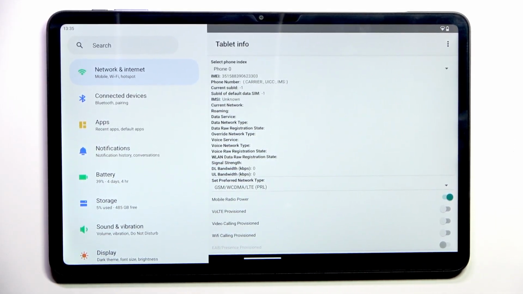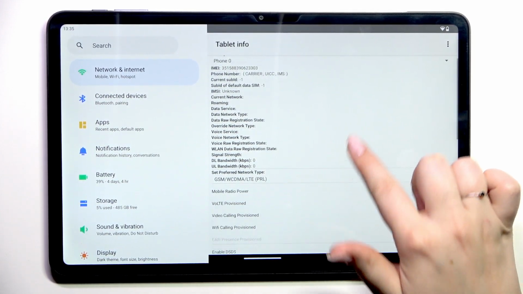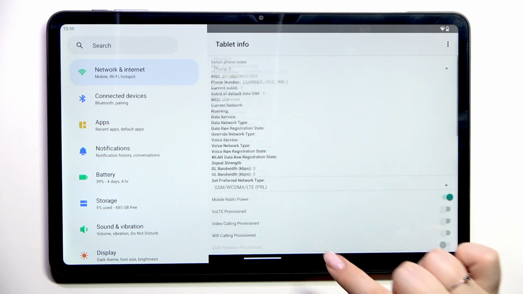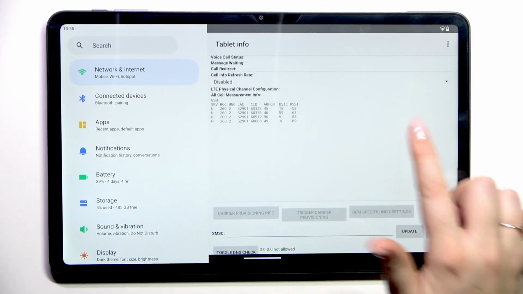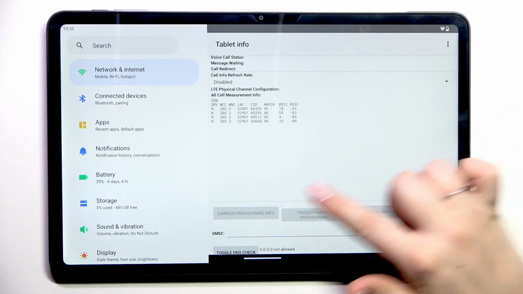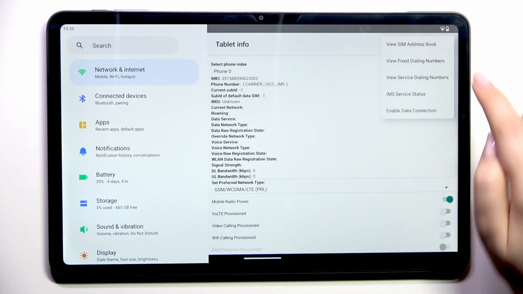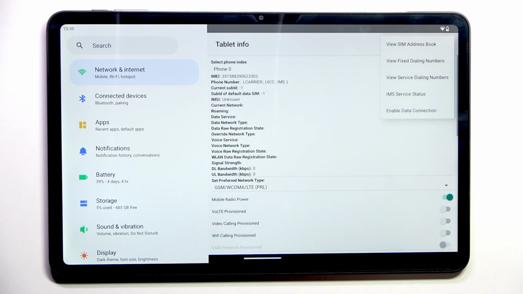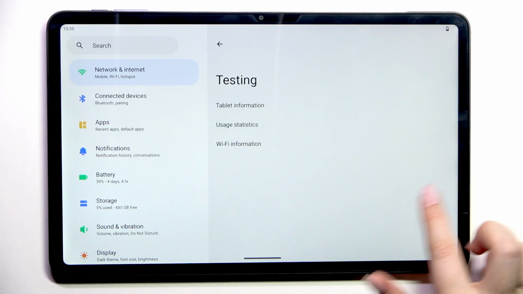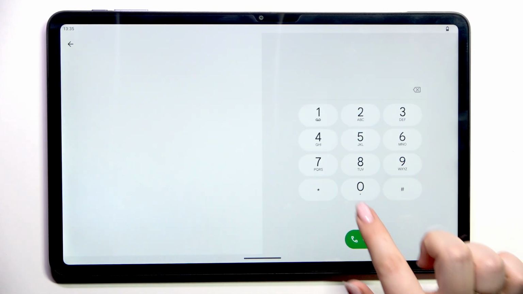So basically the IMEI number again, phone number, current network, data service, voice service, etc. Of course, you will be able to check that kind of information if you've got your SIM card inserted. I do not have one, that's why it is blank. Here we can run ping test also. Here we've got more information. So for example, we can update and refresh SMSC. And after tapping on the three dots icon in the right upper corner, we can also view fixed dialing numbers or enable data connection. Let me go back, and the last code for today's video is